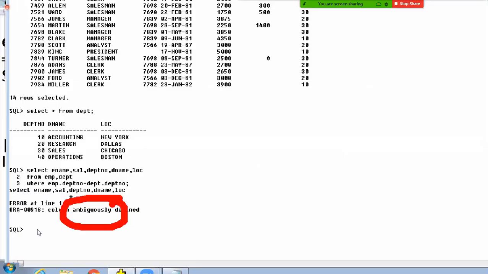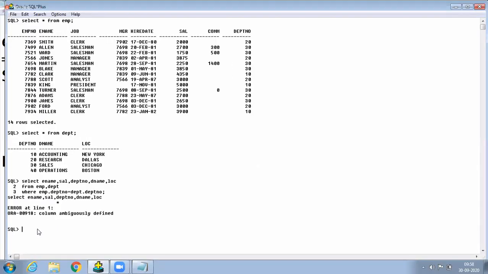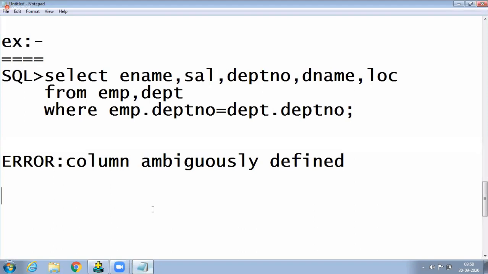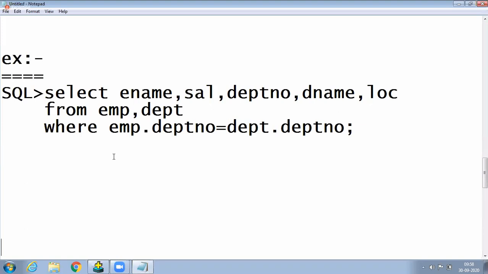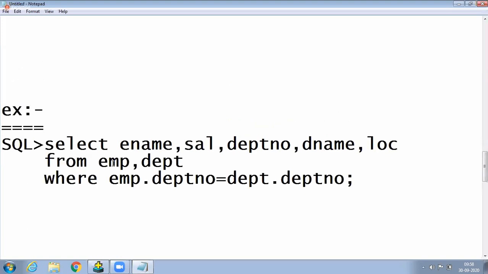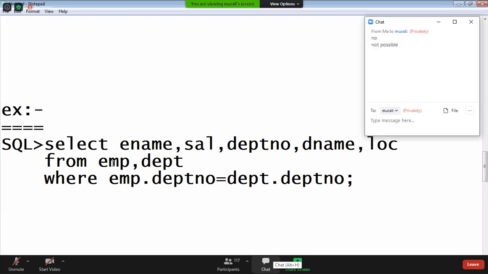The server is confused here. Why it is confusing, how it is confusing, and how we rectify this problem, concentrate here. I am writing a query like this. How is this query executed? You can guess it in a very easy way, why this error occurs.